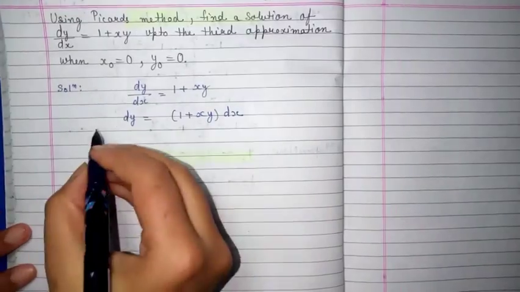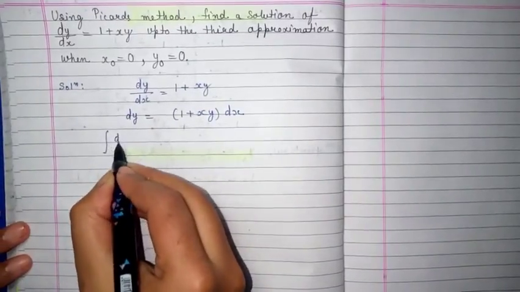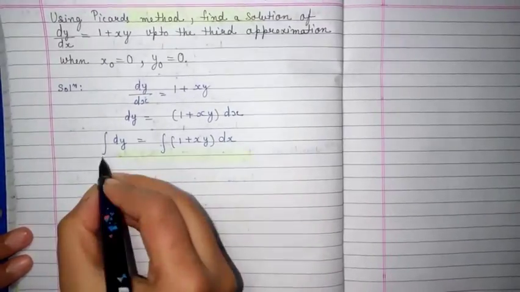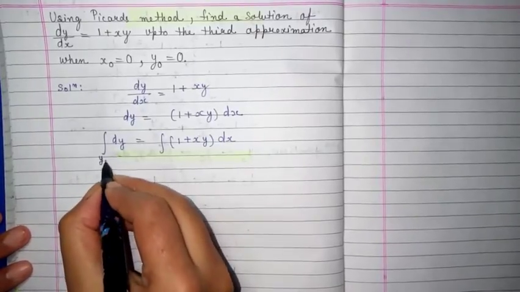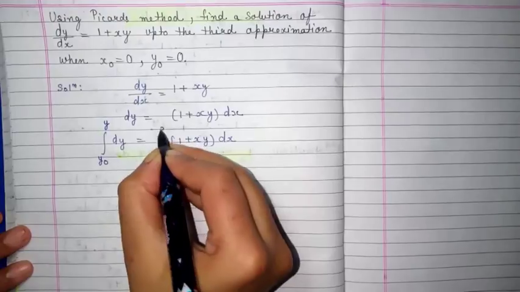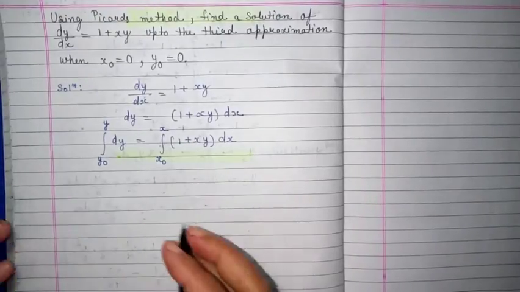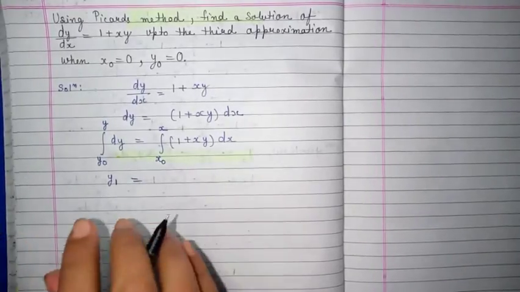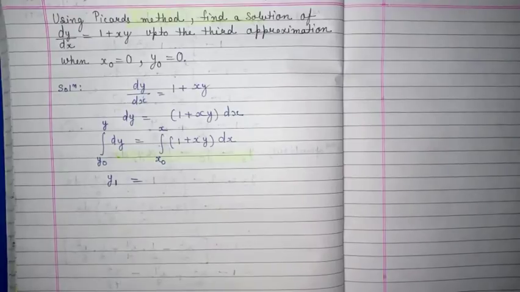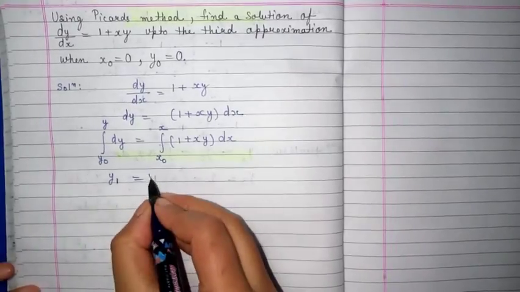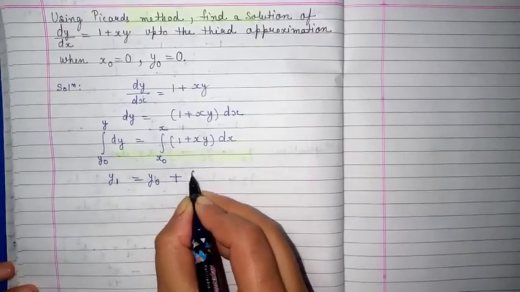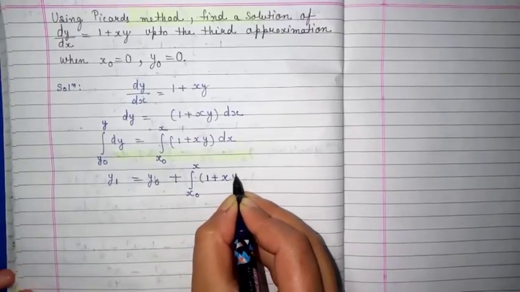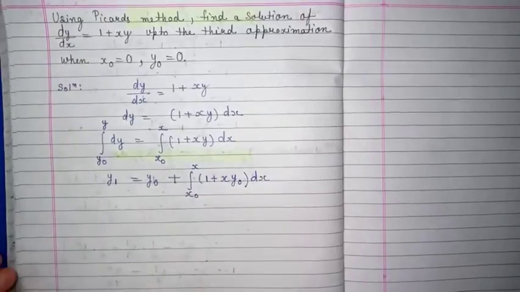Okay, so if you have to find the values, you have to just integrate both sides. So this was the integration. And here I am writing the values, that is, we are integrating from this to this. Now from here we are going to write that this one is y1, and here we are using the formula, so that you can understand it more properly. y0 plus integral from x0 to x1 plus x y0, dx. Because what is the formula?